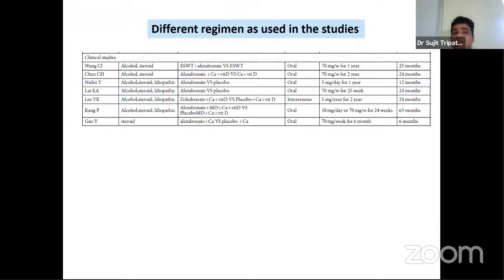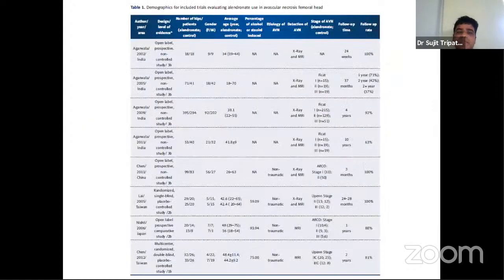Many people ask the question whether zoledronic acid can be used or not. Previously, a few animal studies were there, but now one clinical study has already been established, and it has been given for 2 years, and it has also shown very good outcome in osteonecrosis of the femoral head. But the problem is that if you read the meta-analysis or the systematic review on bisphosphonate,